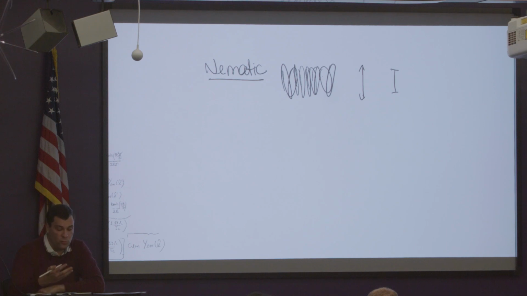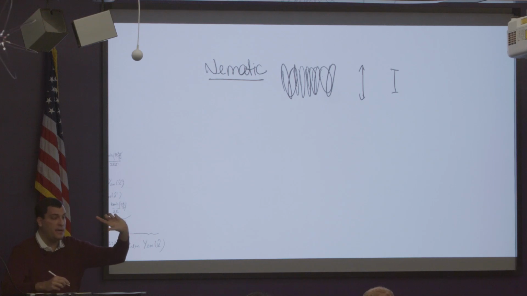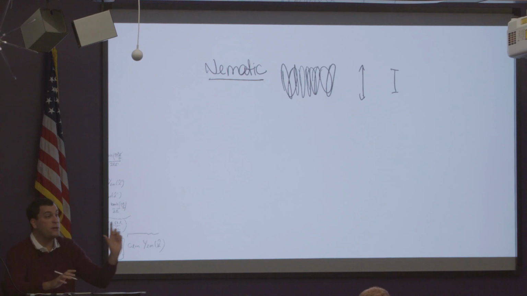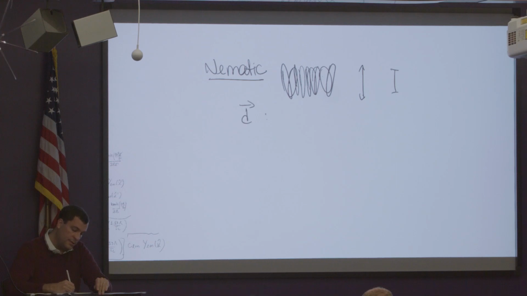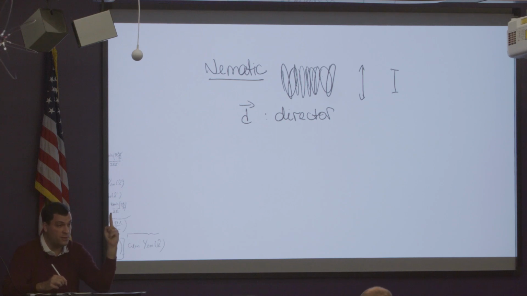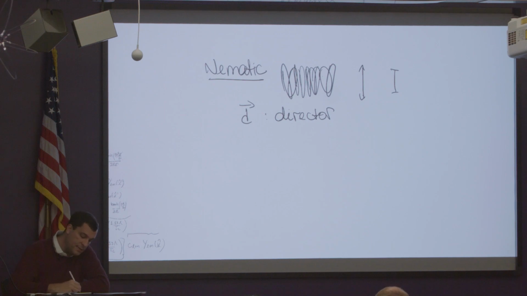But why do I need something that is an arrowless vector? Because these are cylinders, right? So if I rotate it by pi, it looks exactly the same. A vector doesn't have this property, right? So if you want to create an order parameter for liquid crystals, I have the direction d, called the director. It's a vector and tells me the direction. That's not a good order parameter because if I rotate by pi, it goes to minus itself. So the object that you have to create is actually a rank 2 symmetric traceless tensor